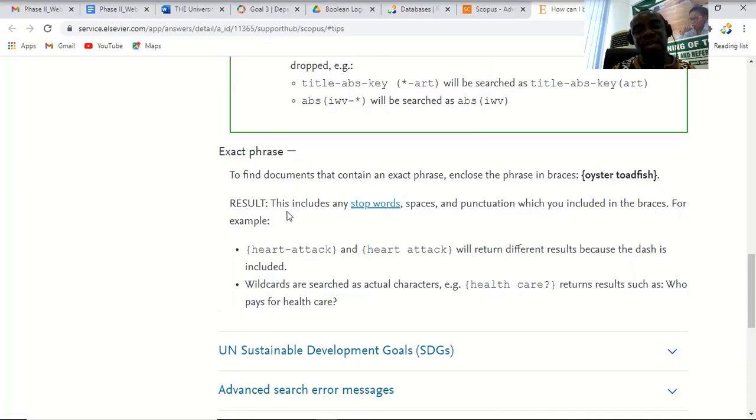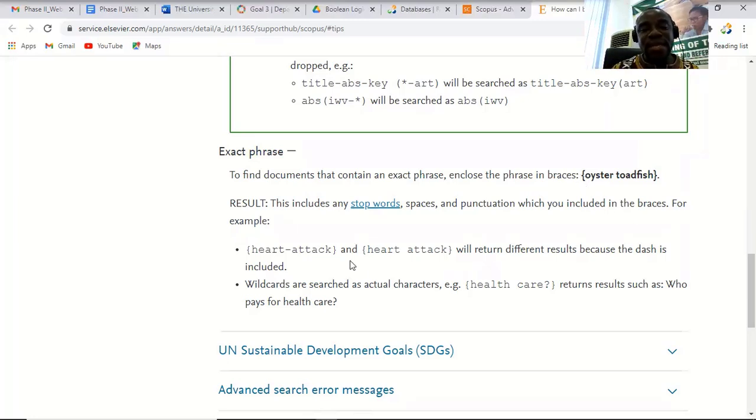The result will be this. This includes any stop words, spaces, and punctuation which you included in the braces. So if you put anything like to, on, in, prepositions and all those ones, it will include all of them because this one means exactly as I have typed it. In other databases, the inverted commas would have sufficed for the exact phrase, but you see in Scopus, it is not. If you want that effect of exactly as I have typed this, then it must be braces or what